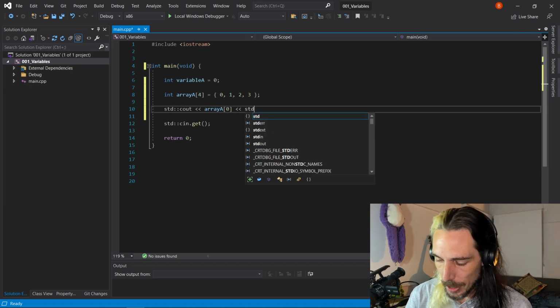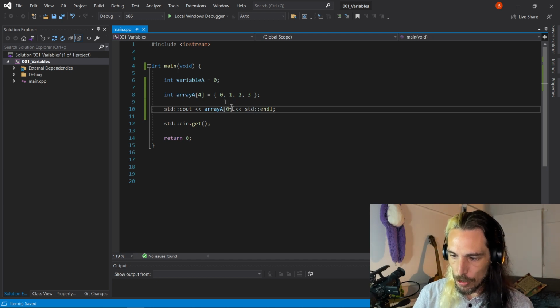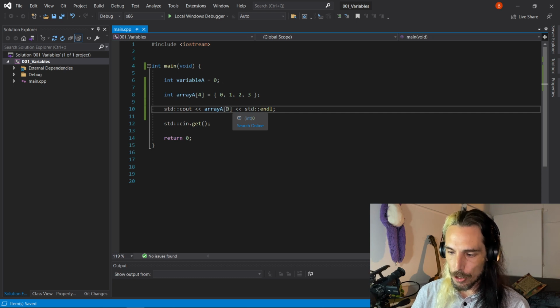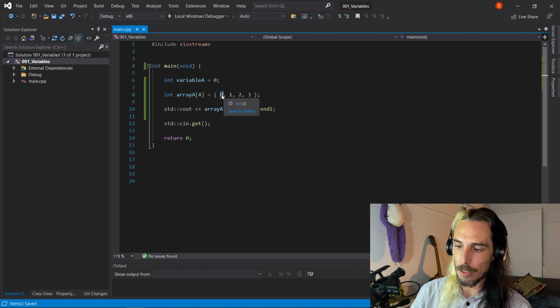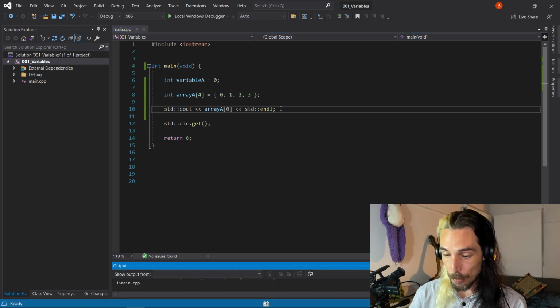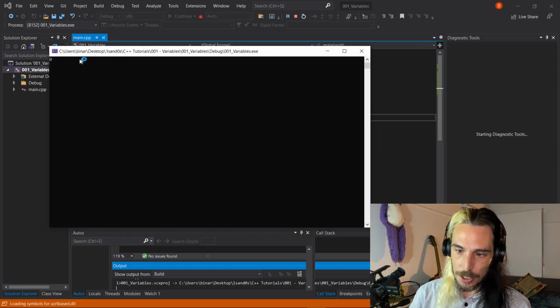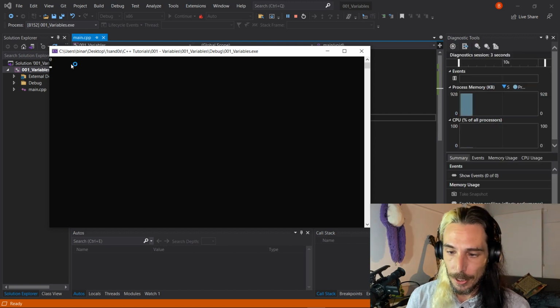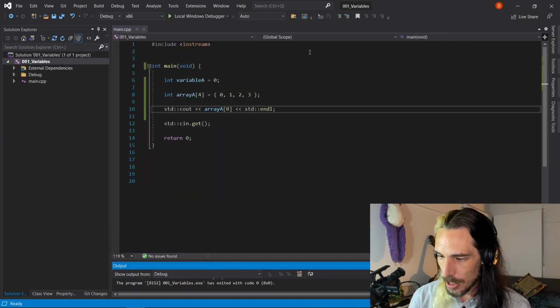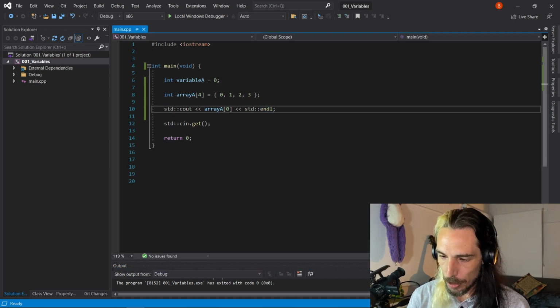So let's finish that off there. Essentially what should happen here is it's going to print out the value that is stored in array index 0, which will be the first one in the array, which should also be 0. So if we run that, we can see that it gives us a 0. And just so that you can see that it works for all of those elements in that array that we've created,